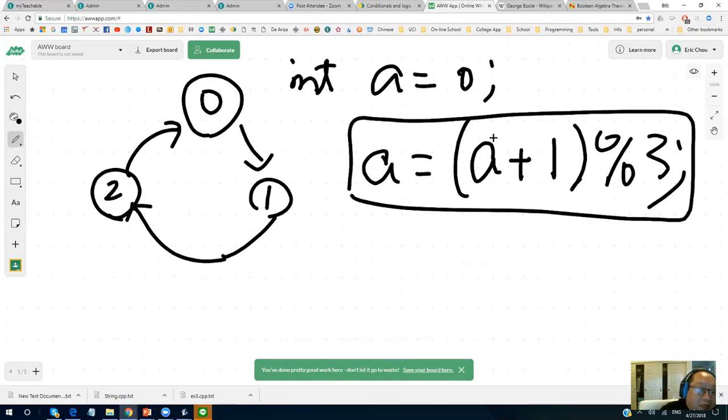Then when I want to change it, let's assume this is a change statement. The first time: 0 plus 1 equals 1, take modular by 3, I end up with 1. Second time, I read this again. I'm 1 this time. 1 plus 1, I become 2, take modular by 3. As a remainder, I get 2.